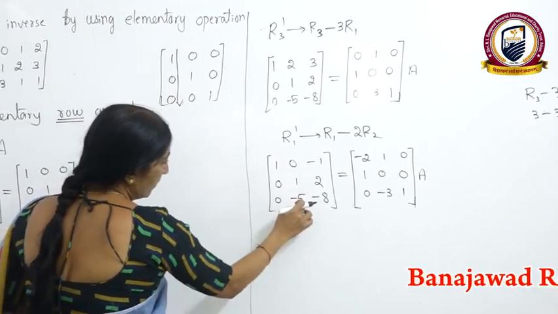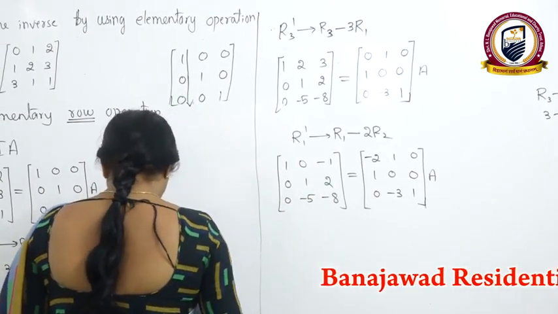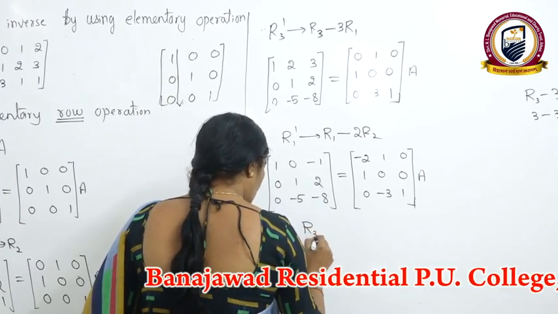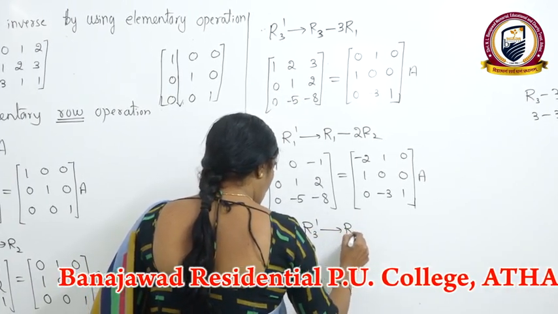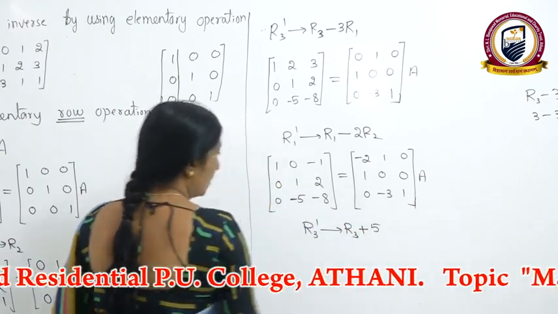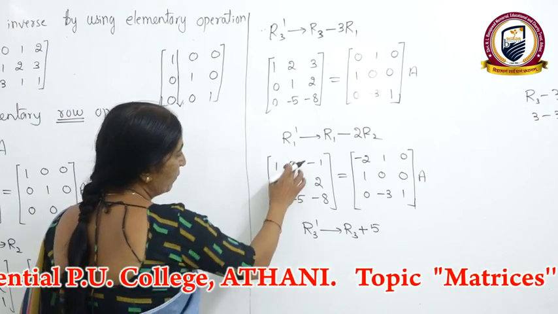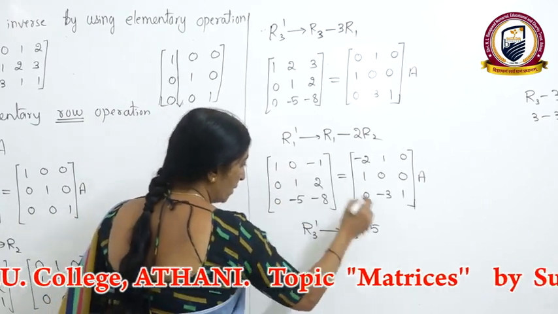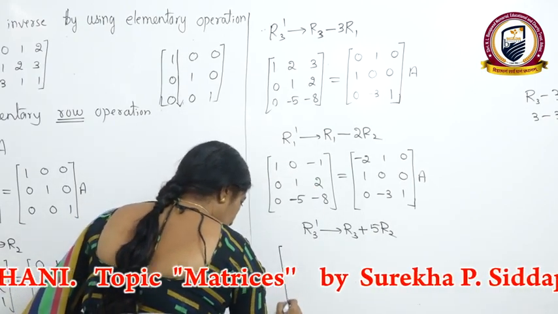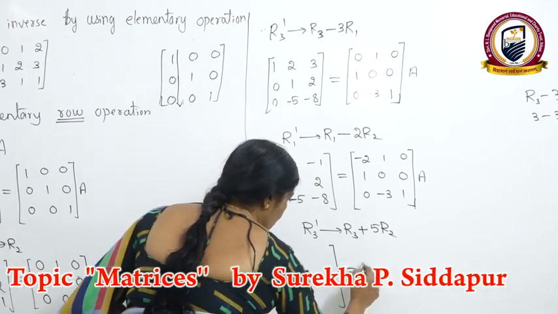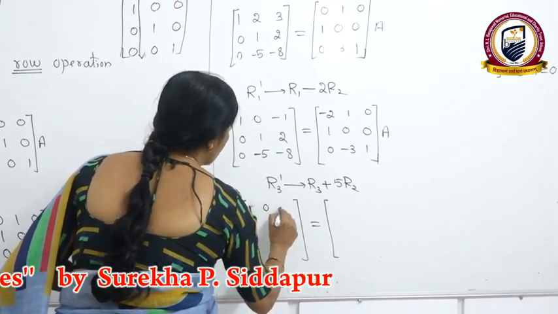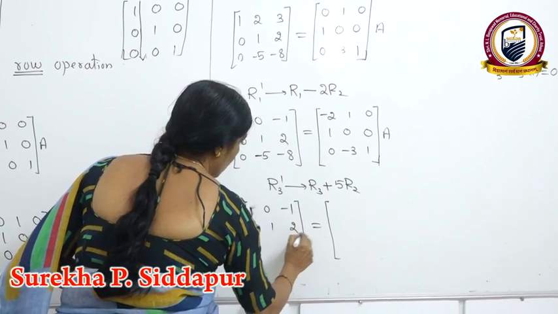The next conversion will be what? Next conversion will be minus 5. So go on writing that. Minus 5 is present in the third row. R3 dash is R3. Here minus is there. So write it plus 5. Now you tell me, are you multiplying with the first row or second row? Yes, of course it is the second row, because then only you will get 0. Write the first 2 rows as it is, on both the sides.